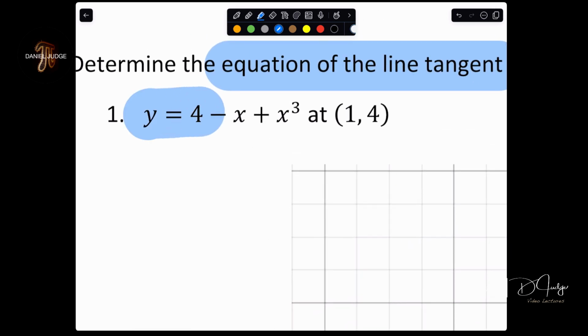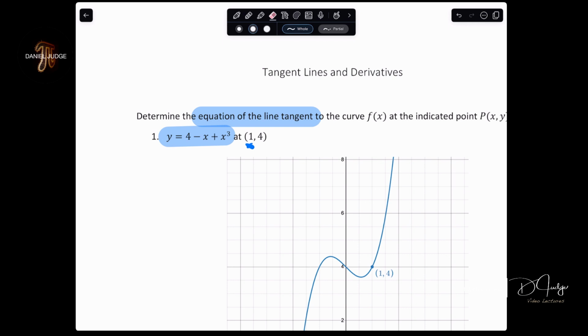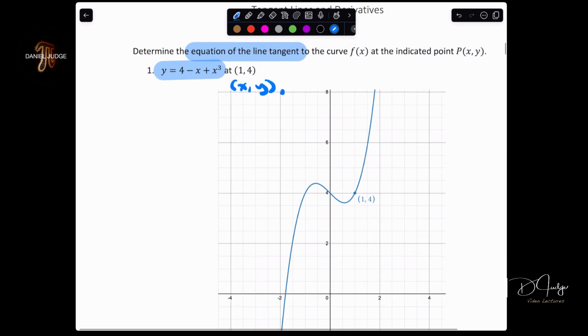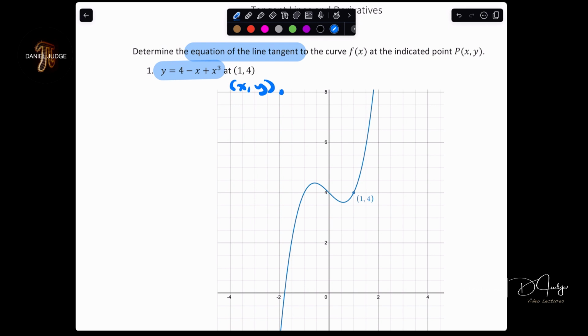Here's your curve at the indicated point. This is the point P. And remember what we discussed. This is the x coordinate and the y coordinate here. So we have the x coordinate, y coordinate of the one and only point, and you can see that in the graph here. So what we're going to try to do is get the equation of the tangent line at